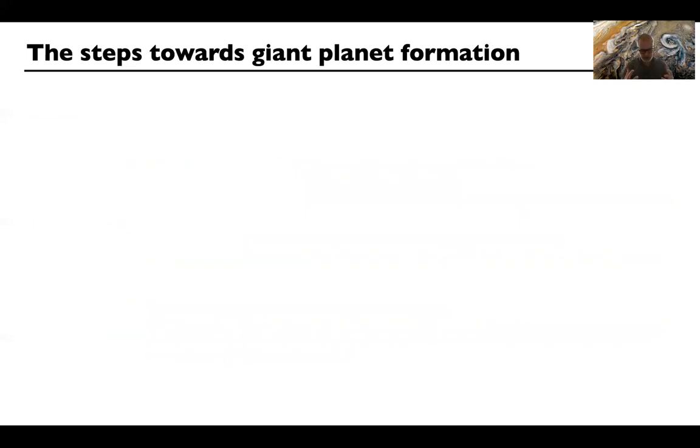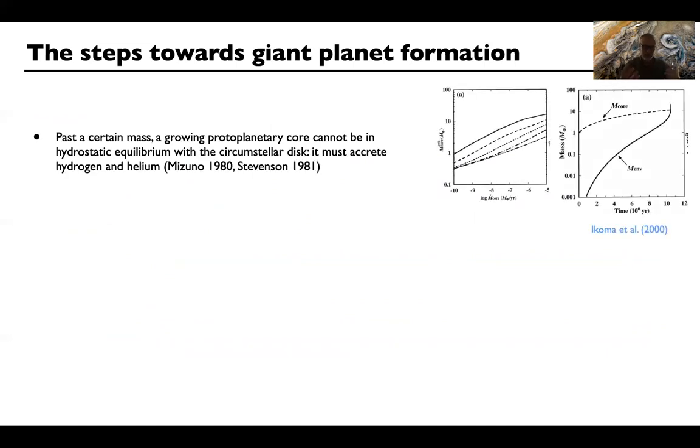So this is the base for the formation of giant planets. You have these embryos that are present in a disk with gas. We know, of course, that we need to form giant planets early on, when the gas is still present, so in the first few million years of the evolution of the systems. And what happens is that past a certain mass that will depend on the energetics of the system, on the amount of planetesimals that are created by the core, you will start to